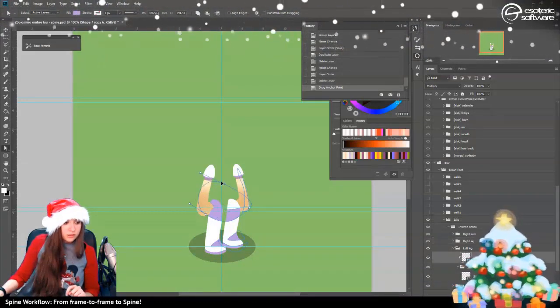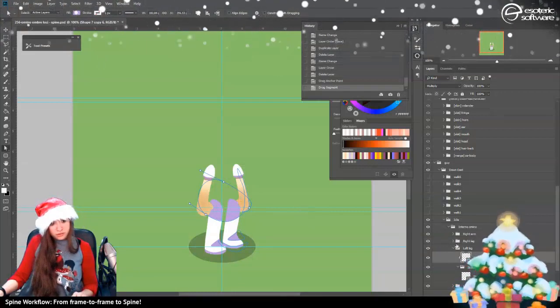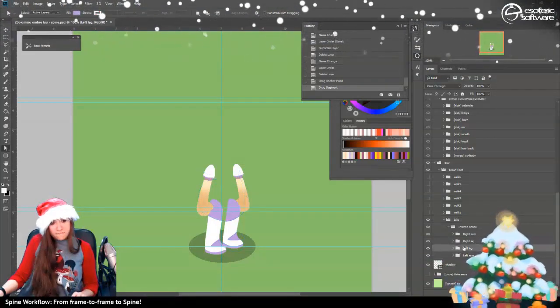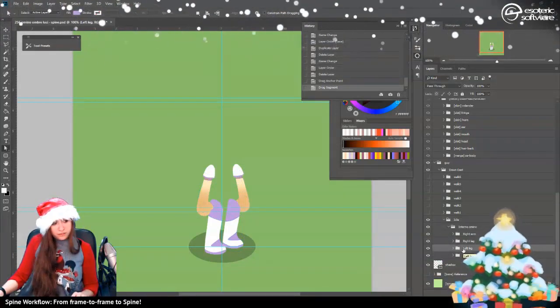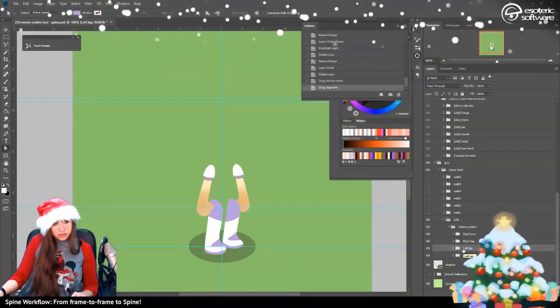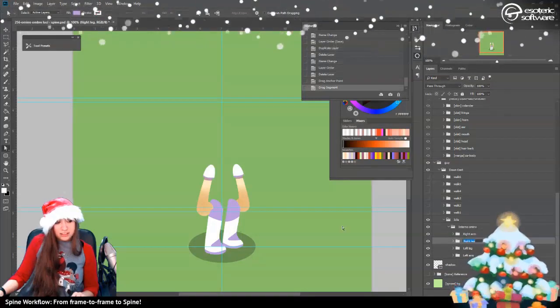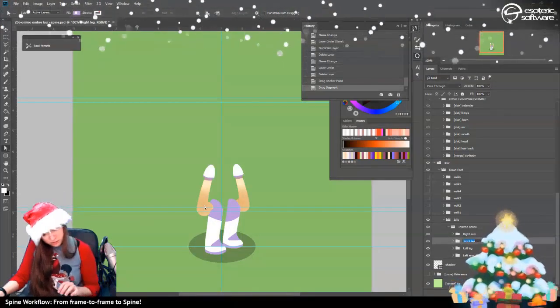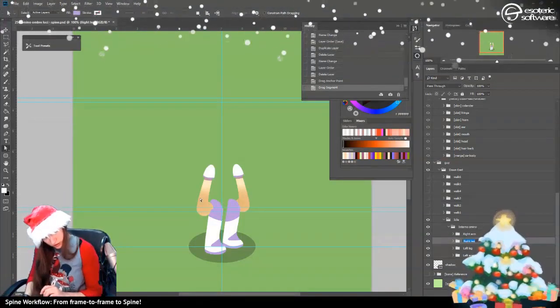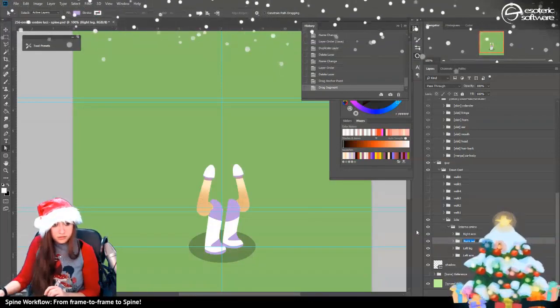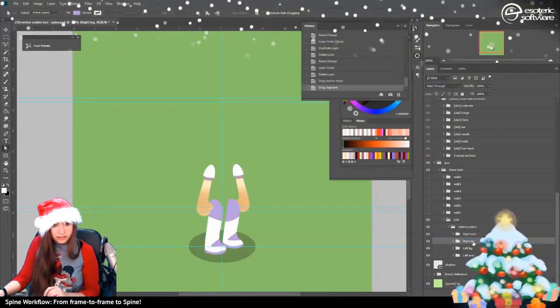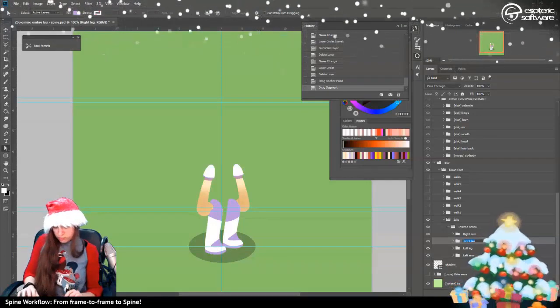Perfect. They're different, so I could keep it, unsure. So this is not actually the right leg, but yeah, it's the right leg. Fantastic. So merge